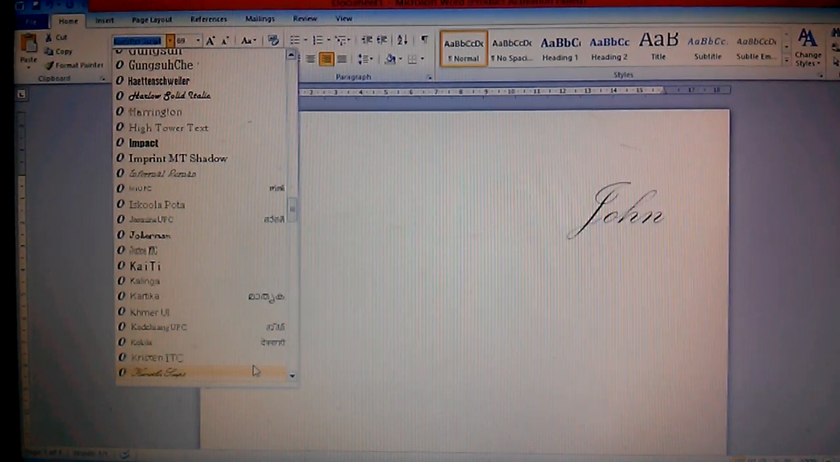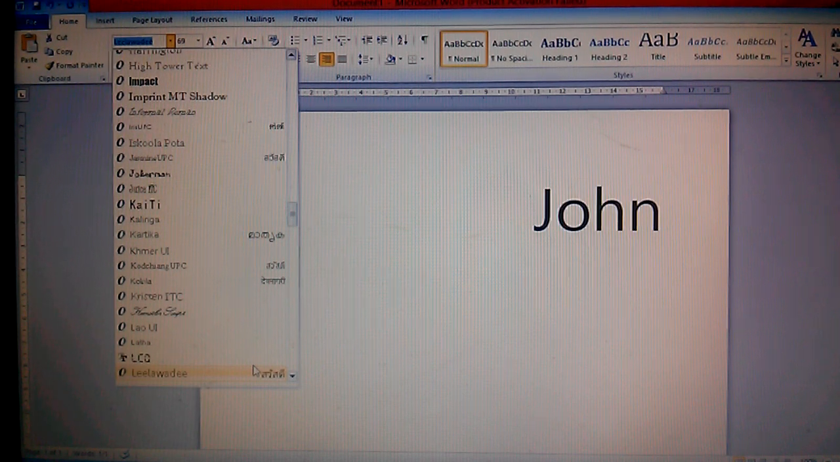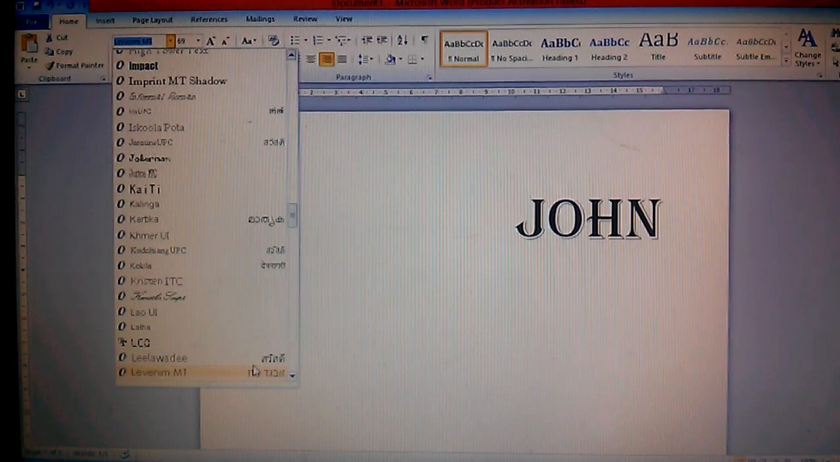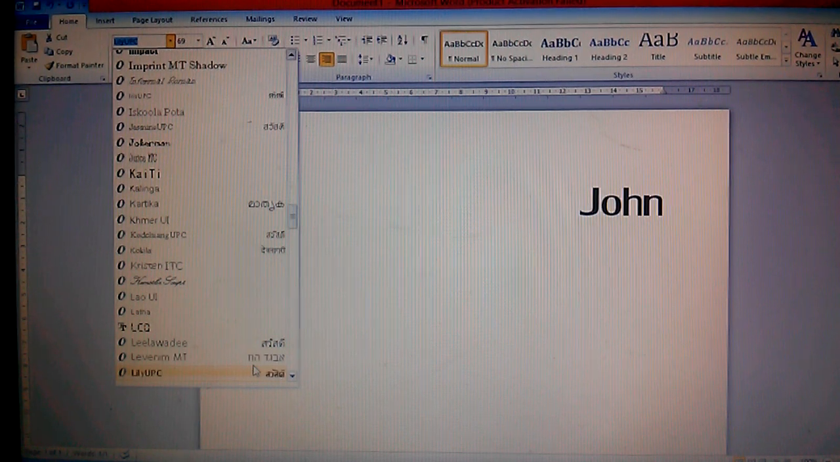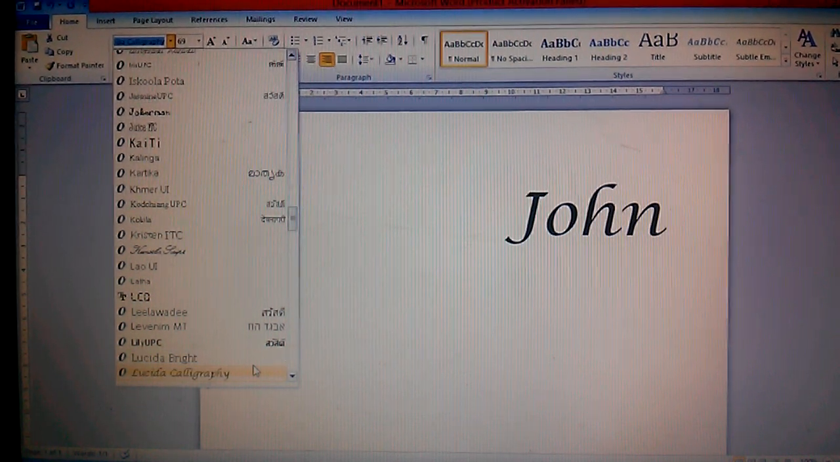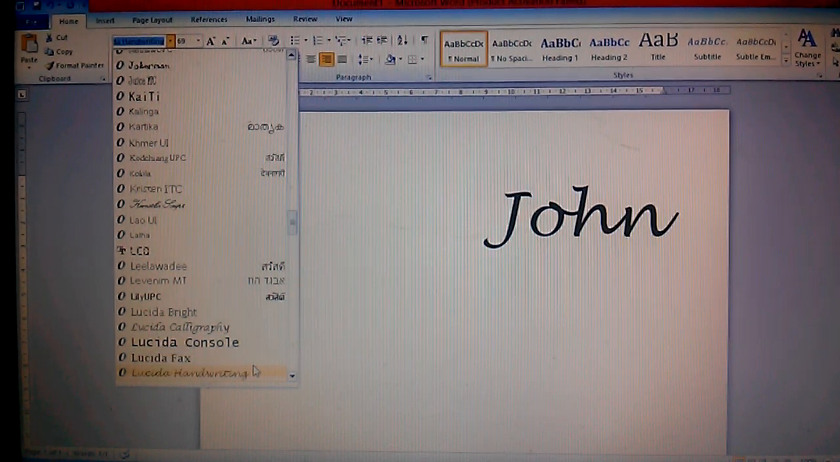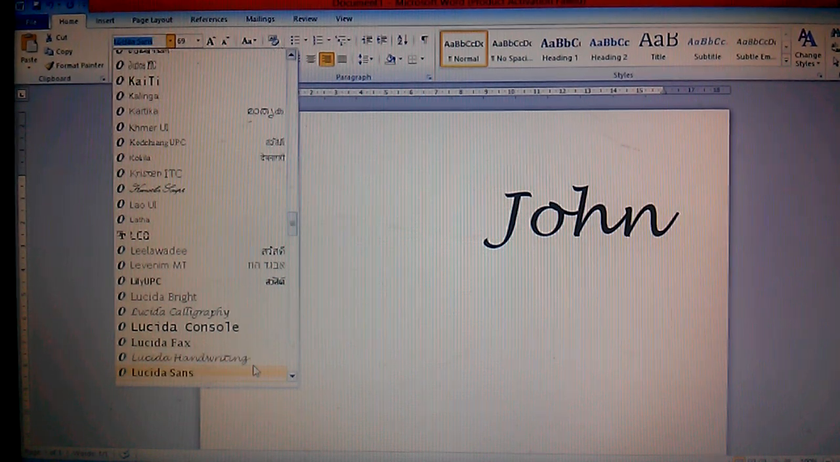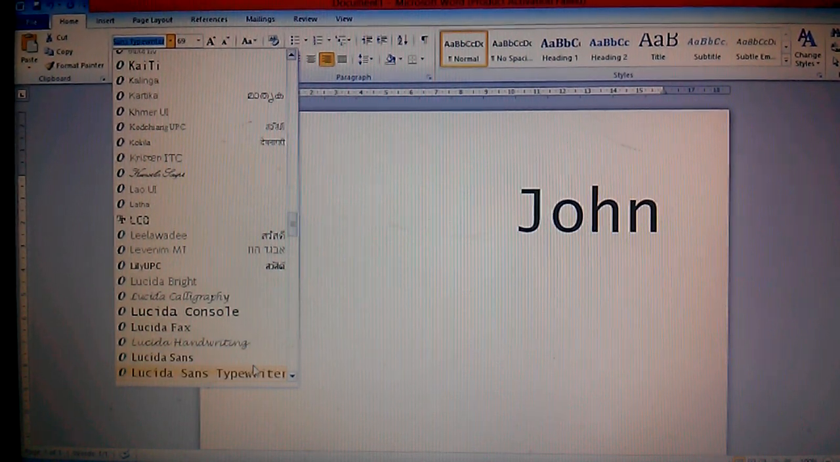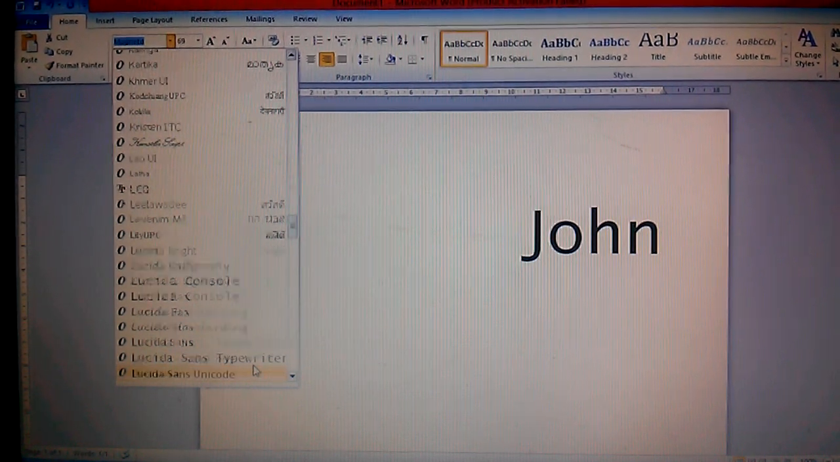Kristen ITC, Kunstler Script, Leelawadee UI, Lao UI, Levenim MT, Lily UPC, Lucida Bright, Lucida Calligraphy, Lucida Console, Lucida Fax, Lucida Handwriting, Lucida Sans, Lucida Sans Typewriter, Lucida Sans Unicode,